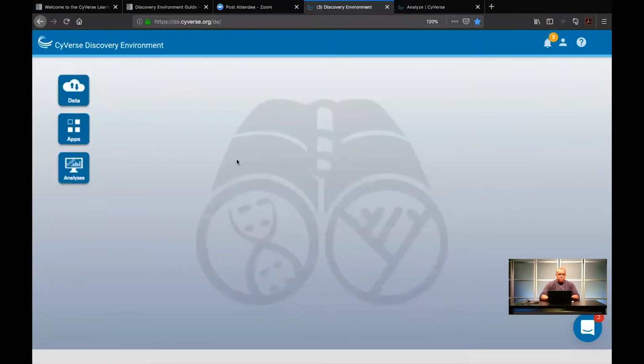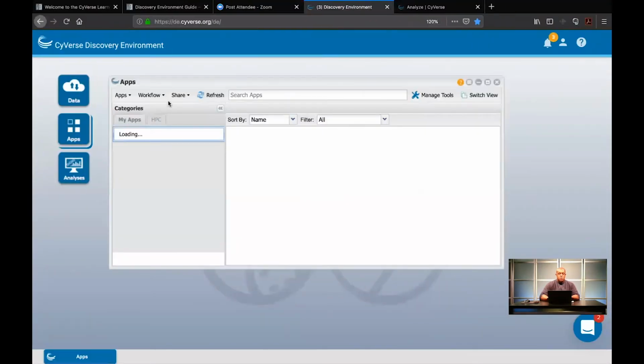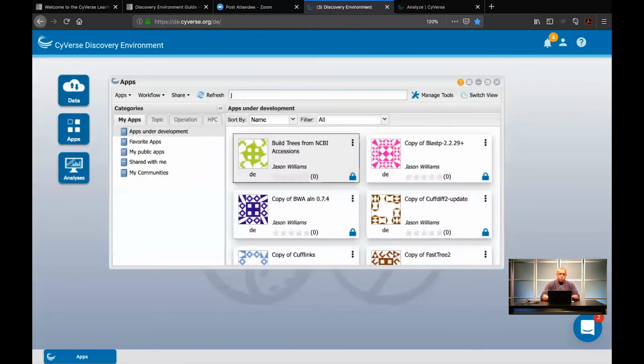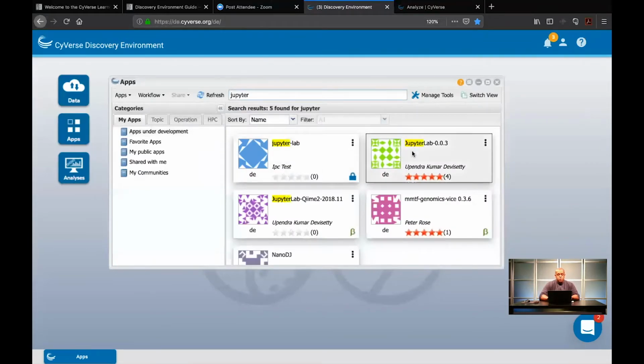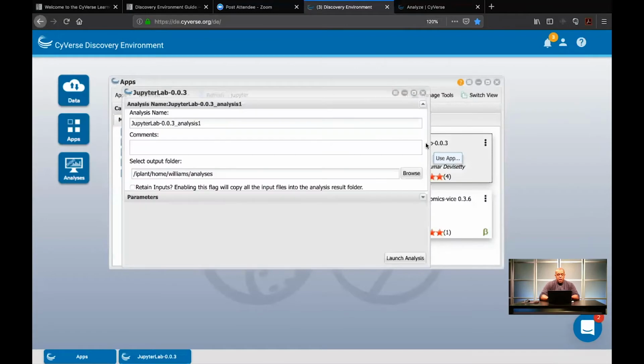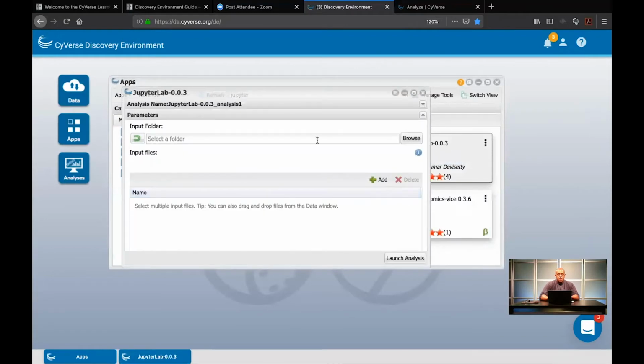So let's go back to the Discovery Environment, and under Apps, you can search for applications. There'll probably be a better way to find it, but if you search for Jupyter, as an example, what you would find is, if I want to launch a Jupyter Lab instance, I could go ahead and click on Jupyter Lab. And then really the only parameters I want to set are to select ahead of time the data sets that I want to import or make available through my Jupyter Lab. Now, the reality is that you may have packages and libraries to install, etc. And so what you may want to do when you're working with the Jupyter Lab